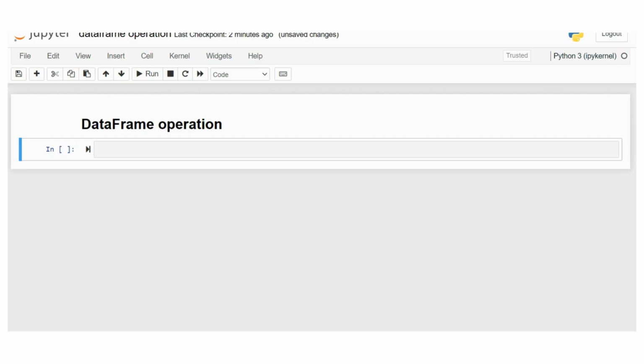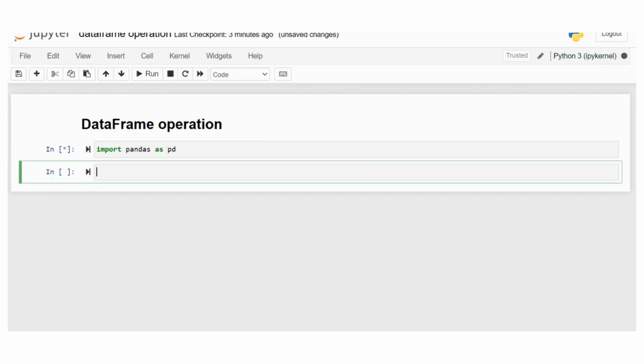Today's video is on the data frame operations in pandas. Okay, first import the library: import pandas as pd, and read the data set with pd.read_csv.